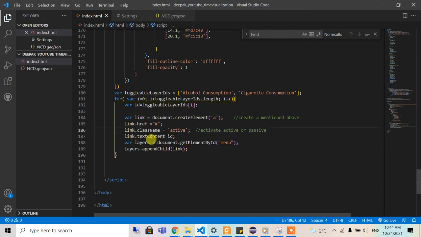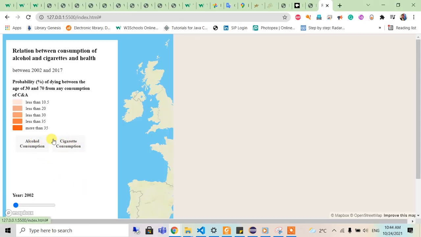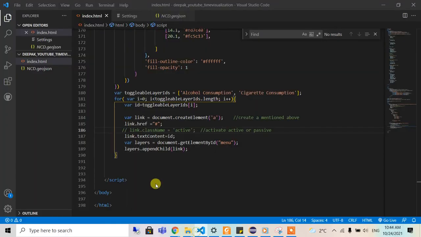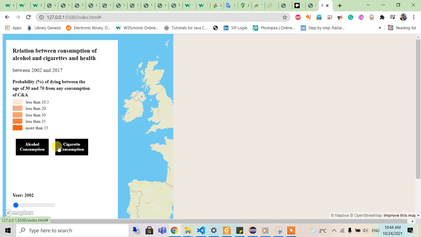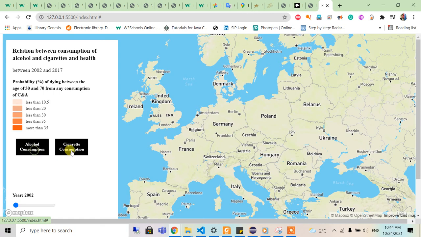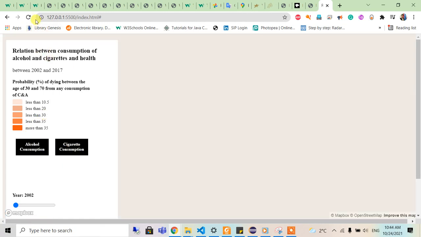If we comment it out, we can see the white color here. Okay, so we use it as active, and see the things, two options here. When you reload again,